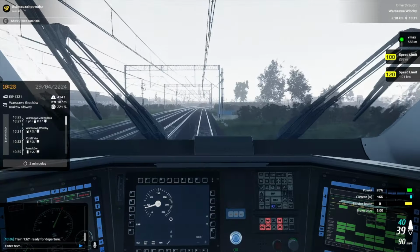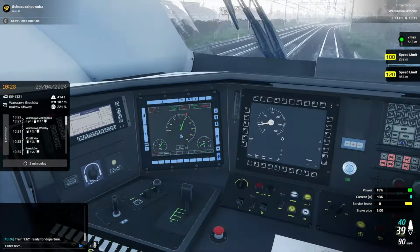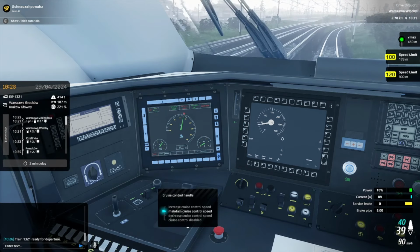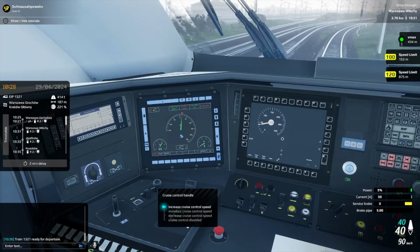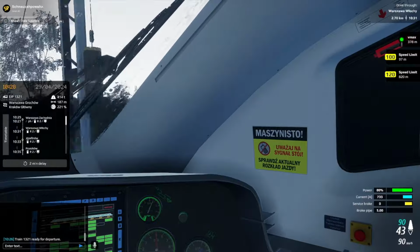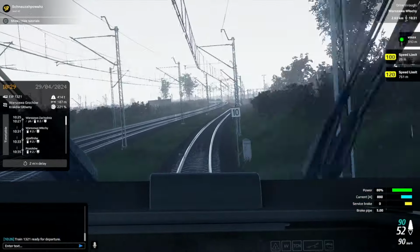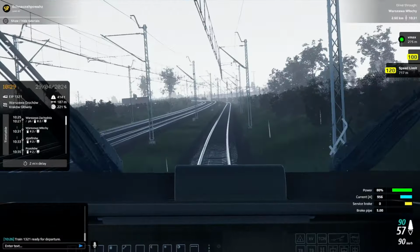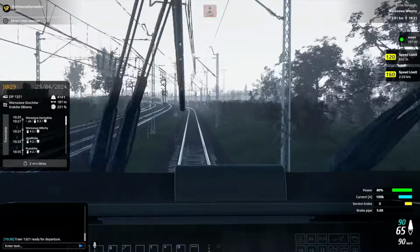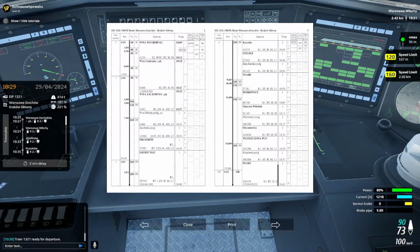So hopefully we'll see some ETCS pop up momentarily. It looks like we have got a 90 now, so let's go ahead and bump this up. But we'll go over some of the signage and signaling so you'll know that ETCS is about to begin. Like a lot of signs and signaling, as you'll see, just like the speed board. So that's the 100 km/h speed board right there. You'll see ETCS signaling pop up, like a board that'll tell you when it's coming. So let me just open the timetable right quick. I don't think...